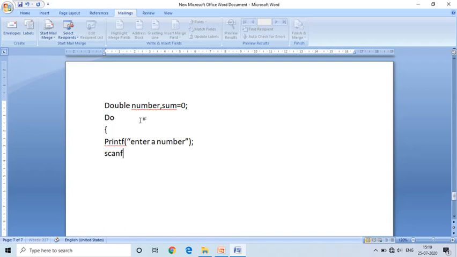Second instruction is scanf, for reading purposes, %lf to read the double, and &number to store the entered number in the number variable. The third instruction is sum is equal to sum plus number.